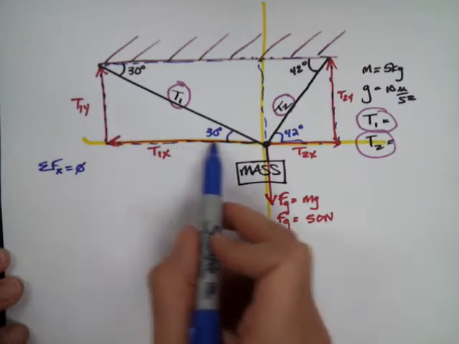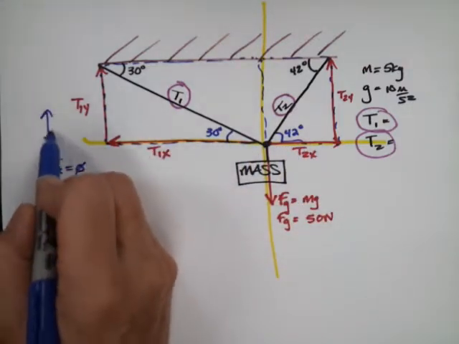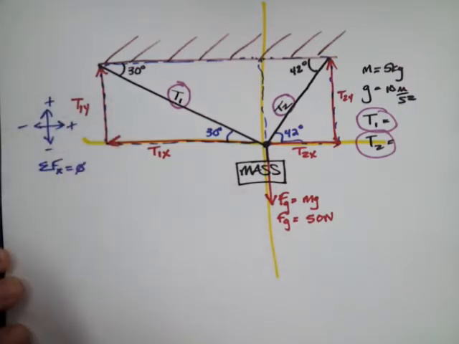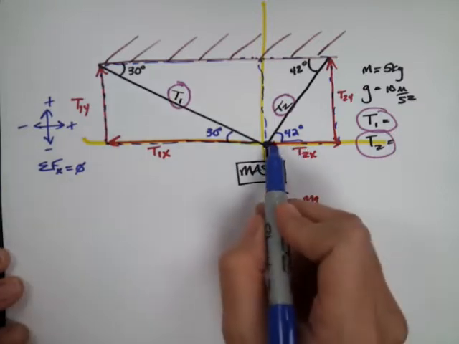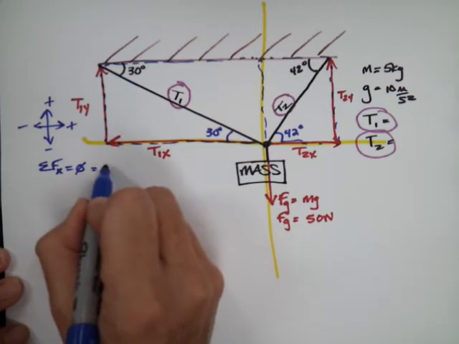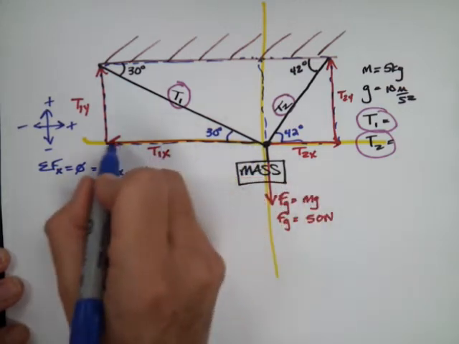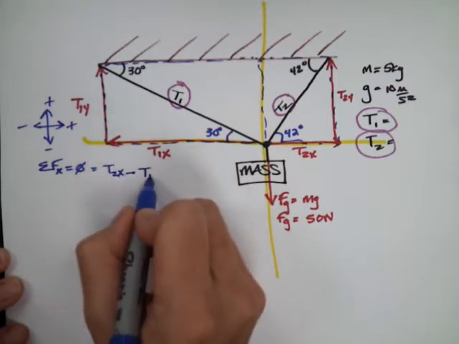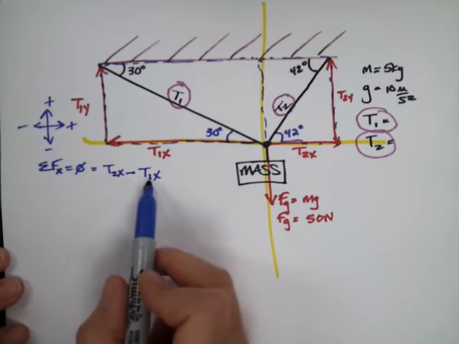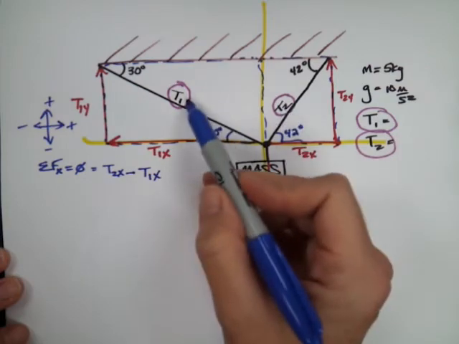So this is my x-axis. And I'm going to use the coordinate system. This is positive, positive, negative, negative. And so I'm going to say this is really a positive T2x. So this is equal to T2x minus, because T1x is in the negative direction. So that's why I minus that. And I need to figure out what each one is. So this doesn't help me because I really need T2 and T1